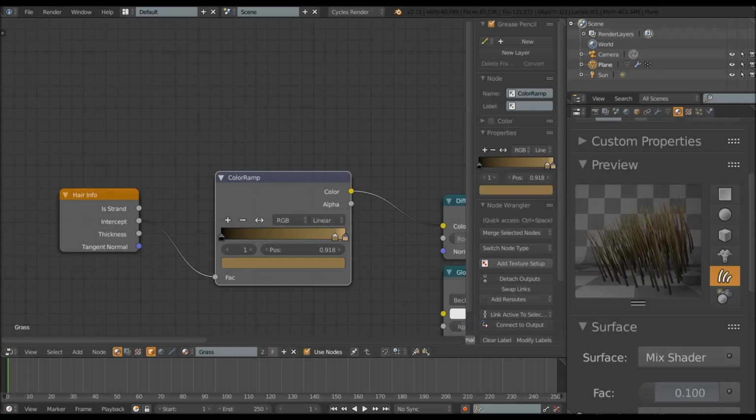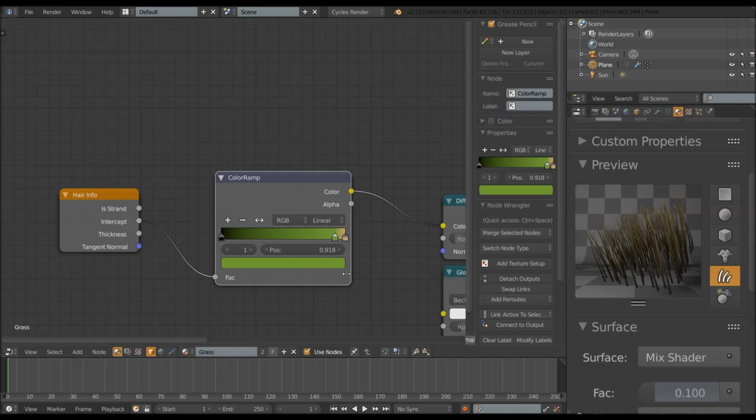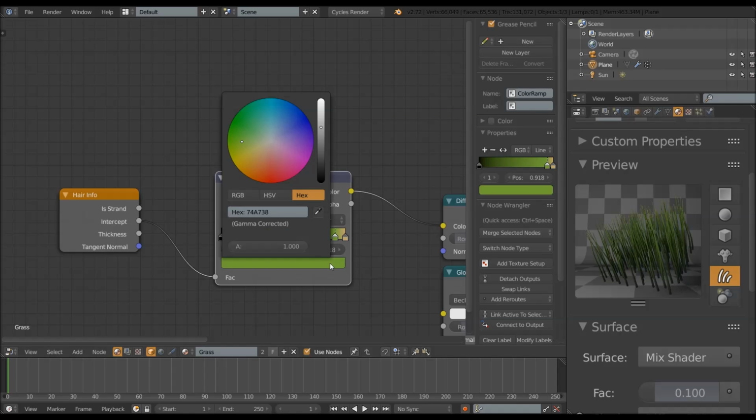Sorry, I just did something bad on the other side over here. This one's just going to be a bright green. And I'm going to paste in the new one here. And that's the kind of the color we're going for. You can manually select this if you want, but I want it to be perfect. So the red is 0.75, the green is 0.386, and the blue is